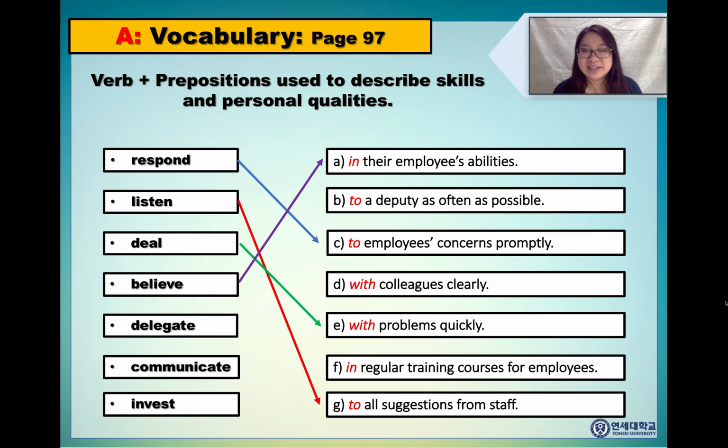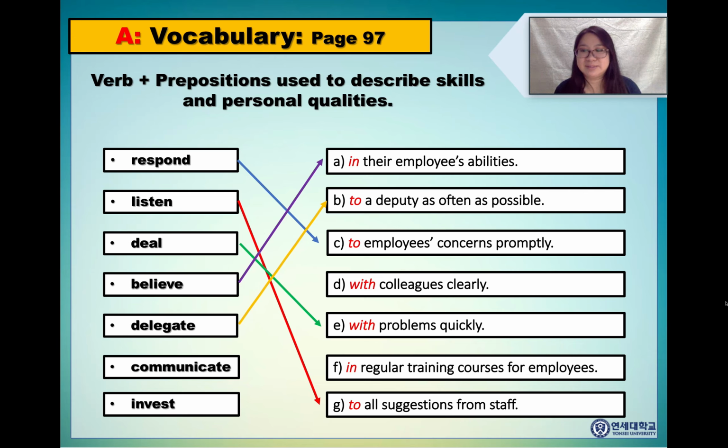Next, we delegate responsibilities to a deputy as often as possible. Why? Because 1, we're showing trust in our employee. 2, we're creating a hierarchy or system that is efficient and will work well. And finally, we free more time for us to do our personal job, which is managing multiple teams and coordinating